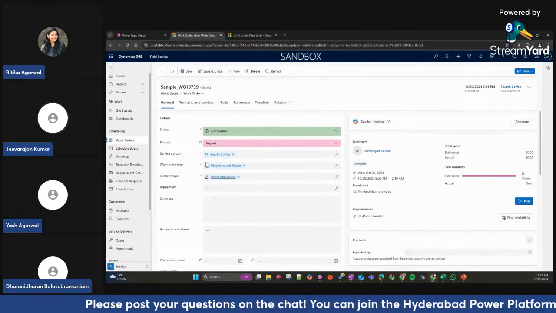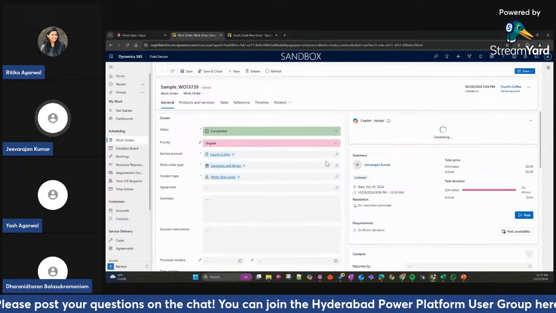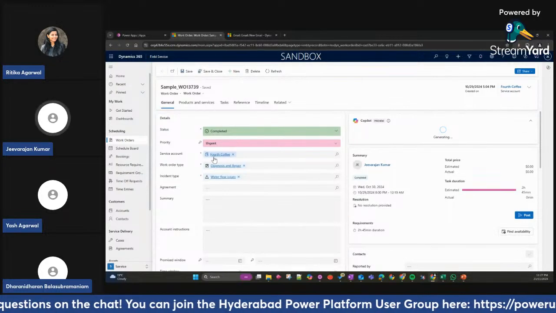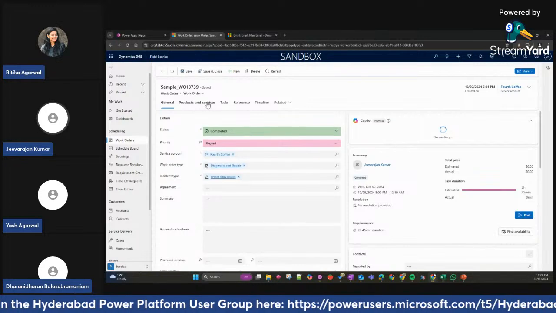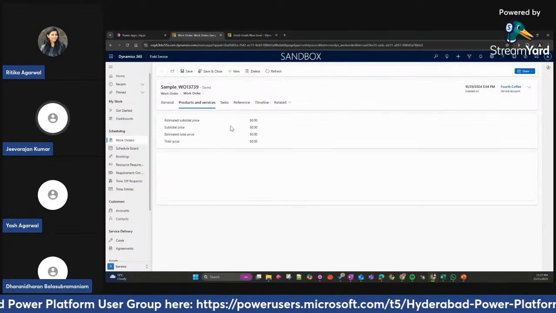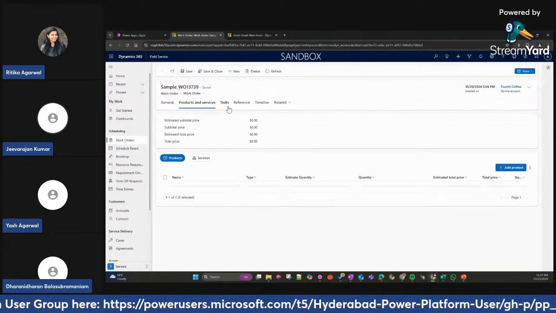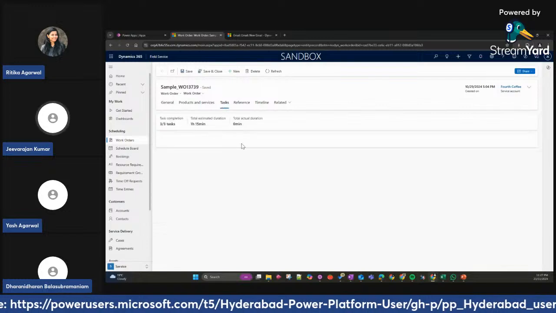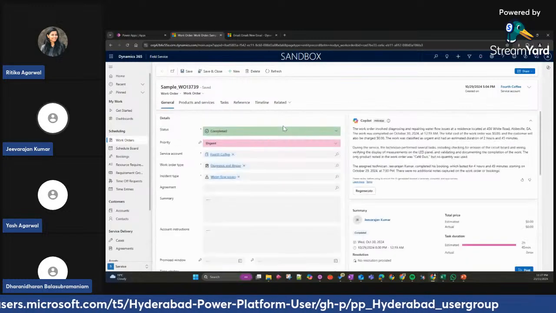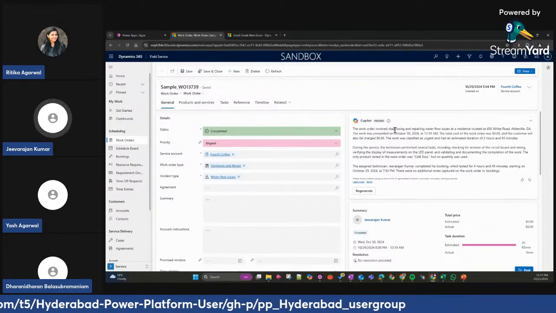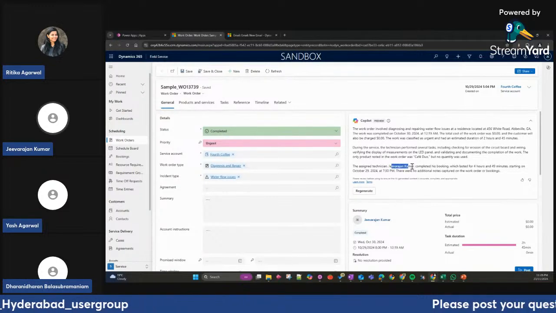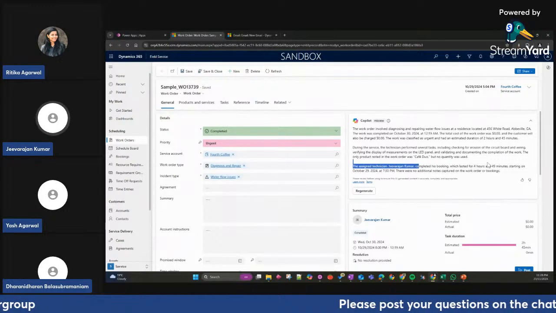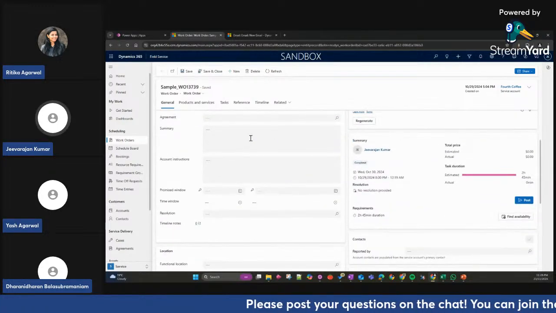If I ask it to generate a summary, it says this is the service account, this is the work order type, it has a certain incident and a bunch of products to be used, and if there's any task, it will mention the task as well. As you can see, this work order involves diagnosing and repairing water flow issues at a residence, and it's assigned to technician Jiva to complete this booking. So that's where it comes into the picture.